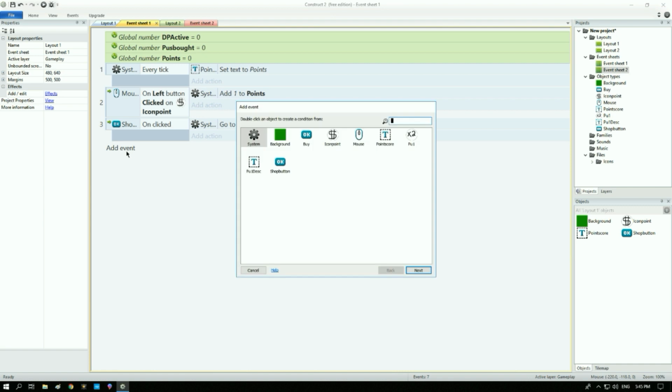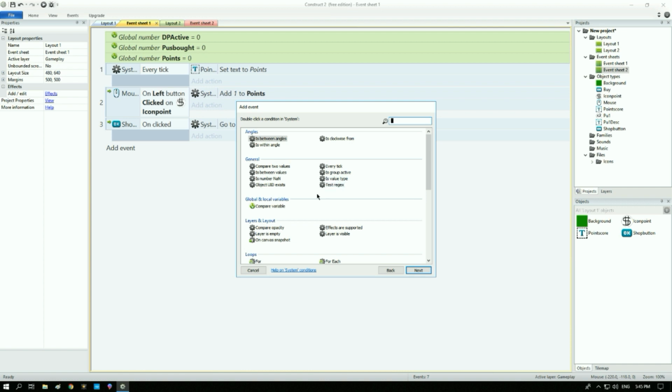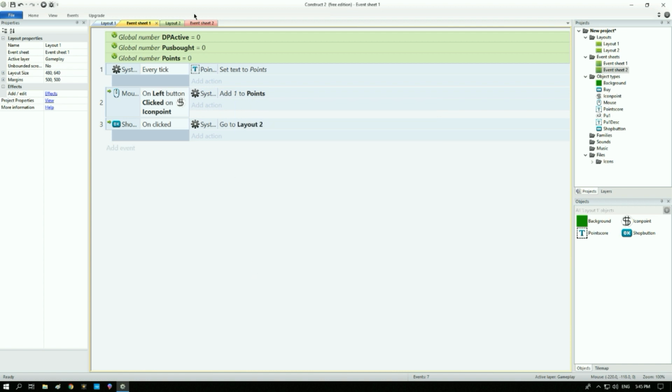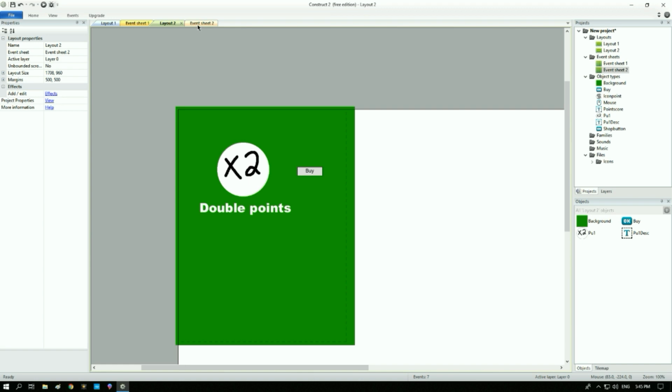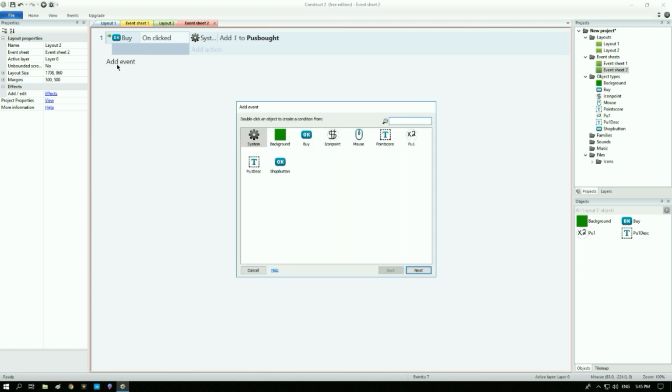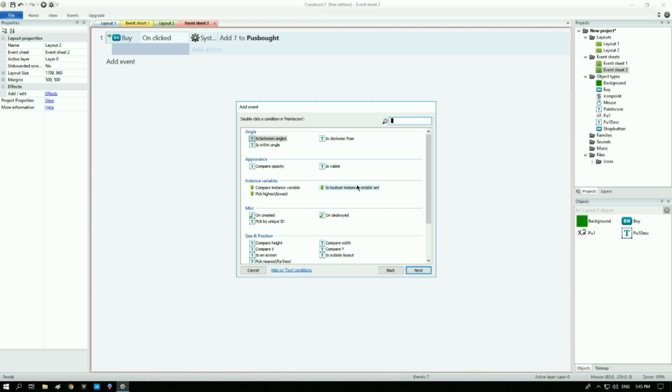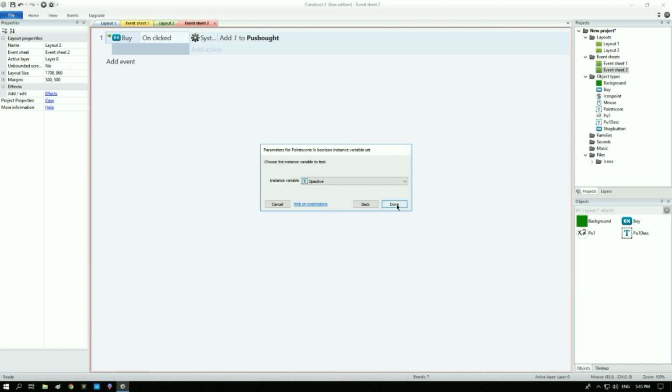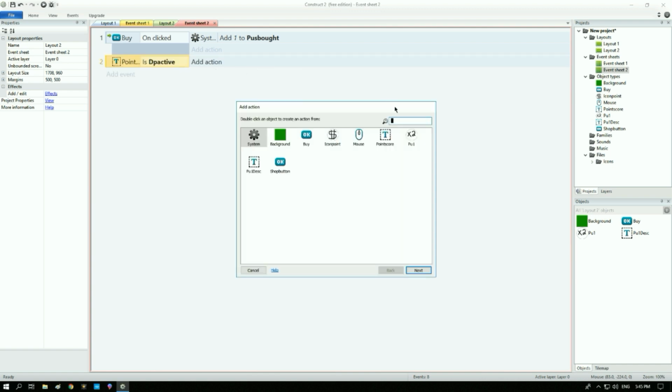We are now going to go add event, system. Now what we want to do is go to our event sheet in our second layout, which is our shop, go add event. We now want to go to our point score, is this one set, and if it is,